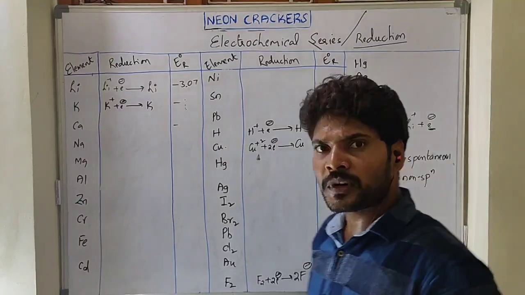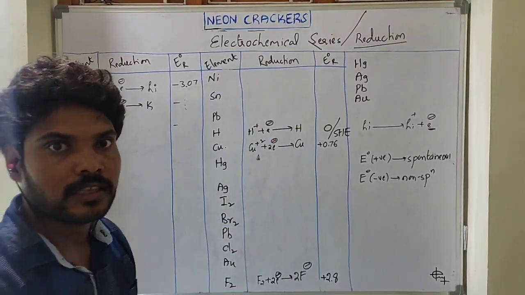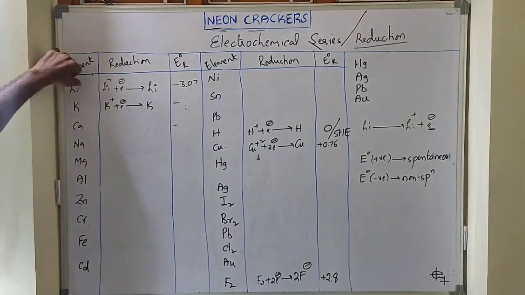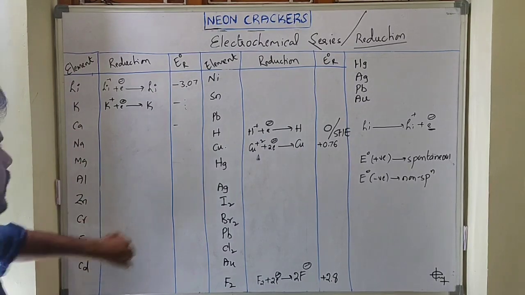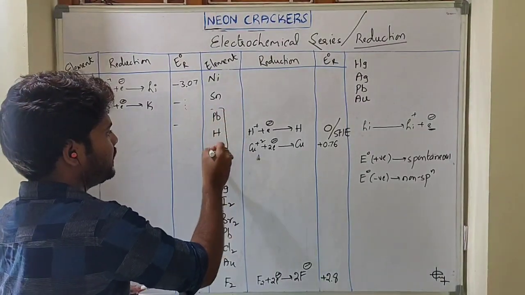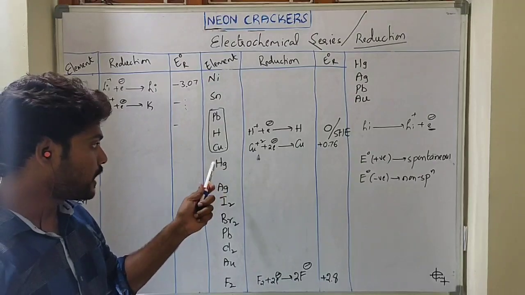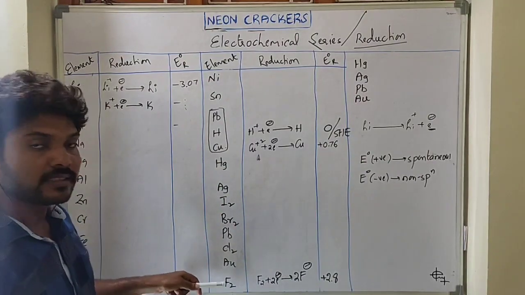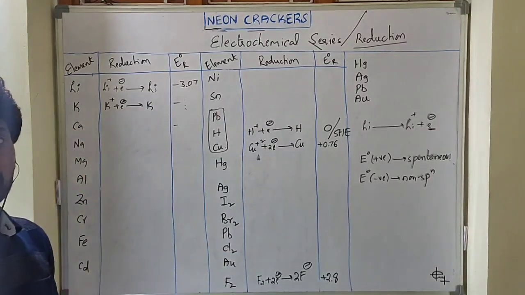Now, how to find an oxidizing agent or reducing agent based on this electrochemical series? And remember that rhythm, again I will tell you. So what is the rhythm? Li, Ka Ka, Na Mal, Ji Kro, Fe Ka, Dnis. After that, these three elements, remember: lead, hydrogen, copper. After that, Hapa. From bottom to top, you have to write the series fluoro, chloro, bromo, iodine. And this is the electrochemical series.